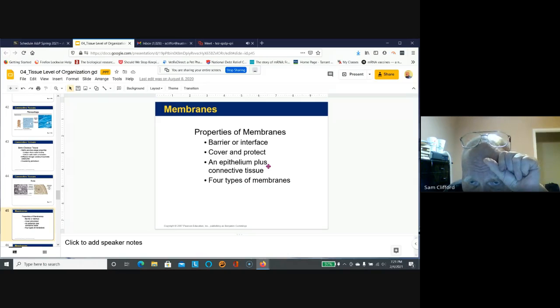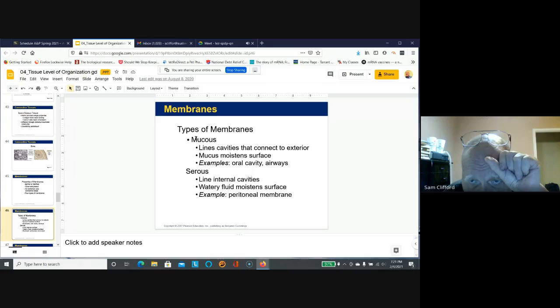Okay, so let's look at the 4 types of membranes. Mucous membranes, oral cavity in your airways. The serous membranes line the tissue around the heart, the tissue around the lungs, and the tissues around all the digestive